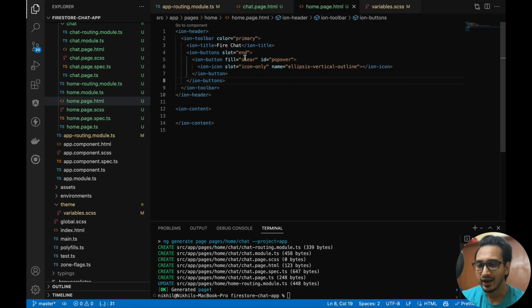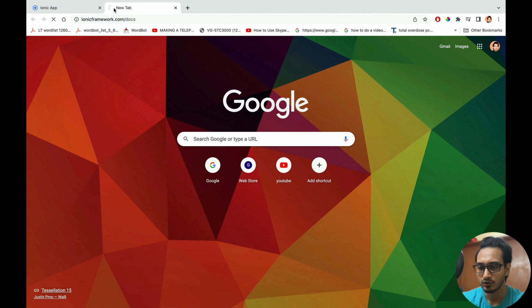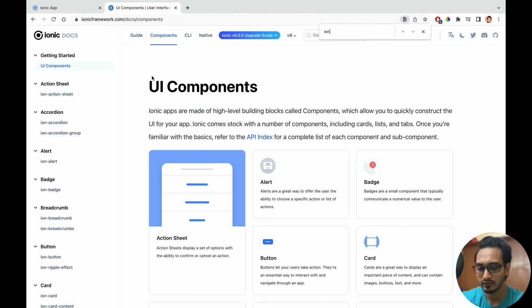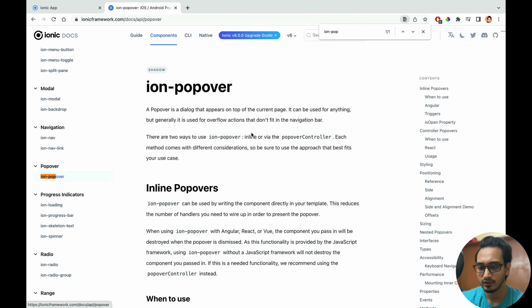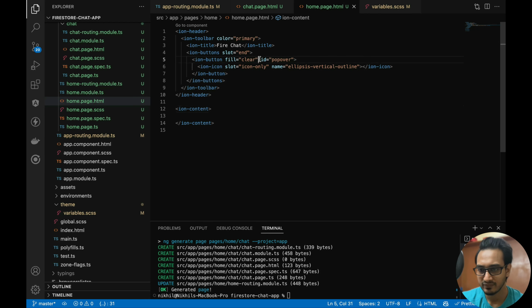But you must be wondering why I'm giving this particular ID to be popover. Well, that's why we are going to use that popover styling out here, and you can get that popover designing from the Ionic framework documentation in the components. If you search for Ion popover, let me just show you Ionic framework documentation components. Let me search for Ion popover. All right, you will get a lot of examples how it can be done. Fine, so I'm just using one of those out here. All right, so moving ahead, this is needed because on click of this button I want to open it up,